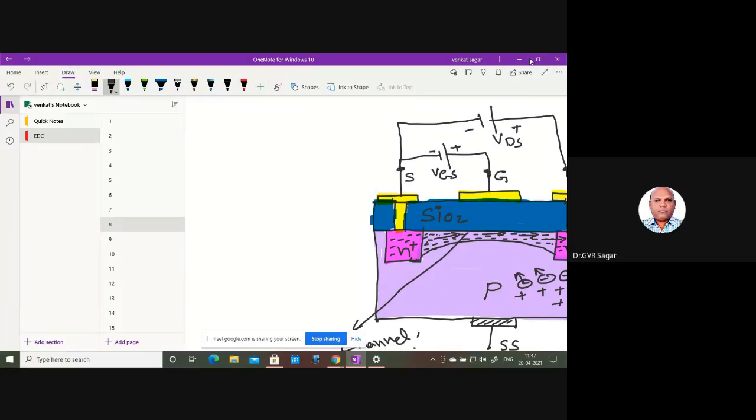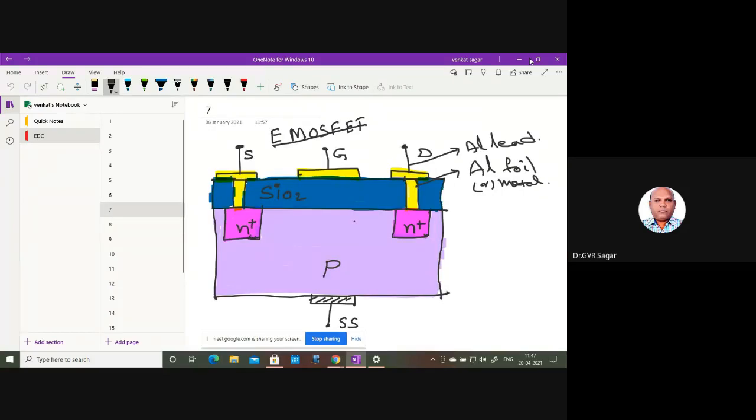Similarly, if you go for designing a P-channel MOSFET, P-channel EMOS, you just make instead of this, you have to connect the